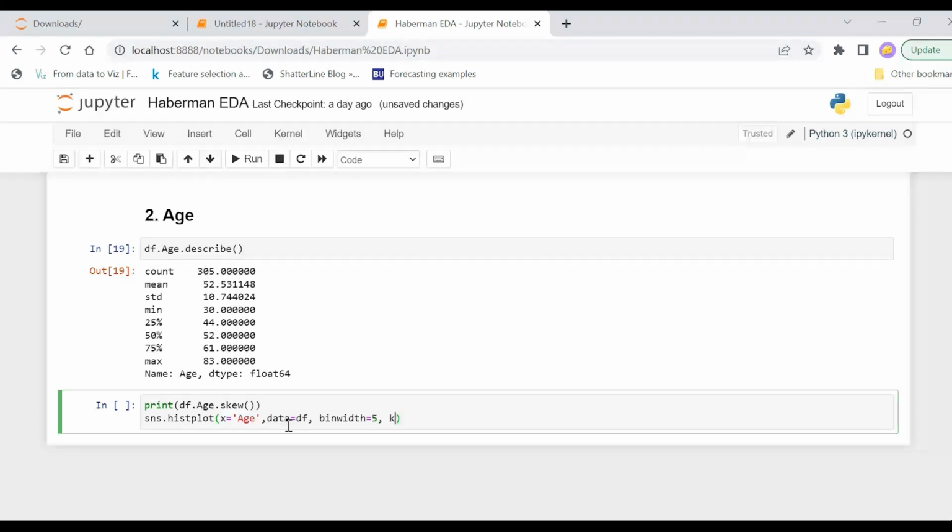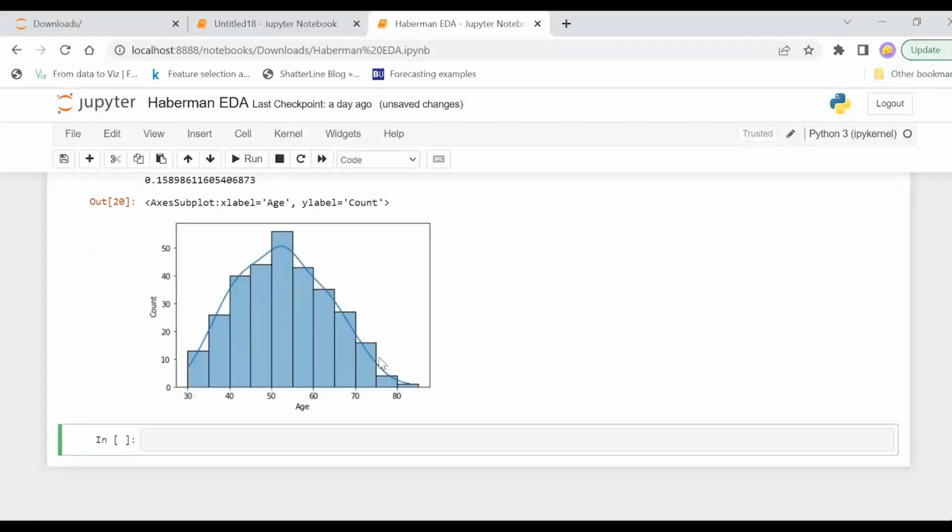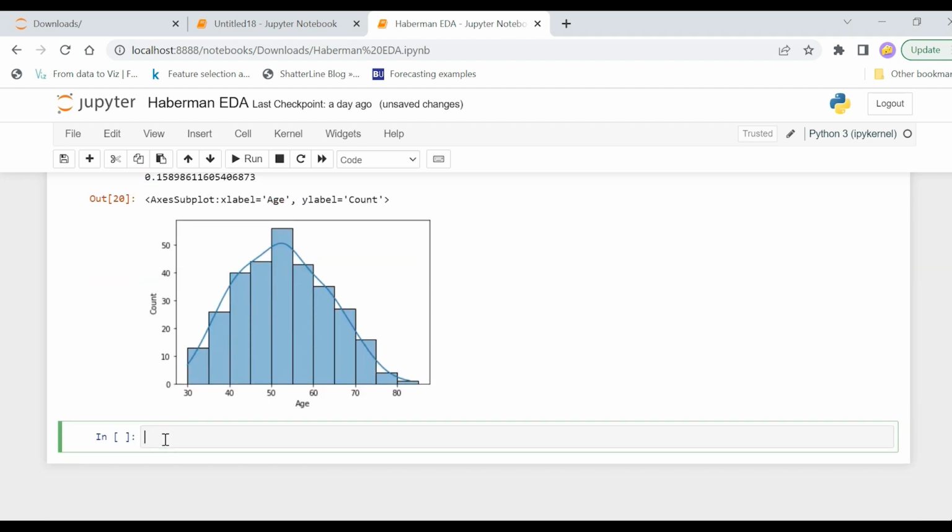And also I want KDE is equal to true. KDE is actually giving me the probability density, this figure or function. So when I run this code, you can see that I have taken the width as 5. You can conclude from here that the maximum